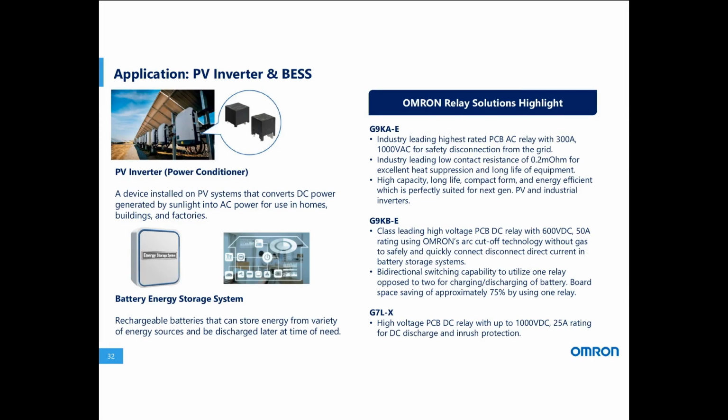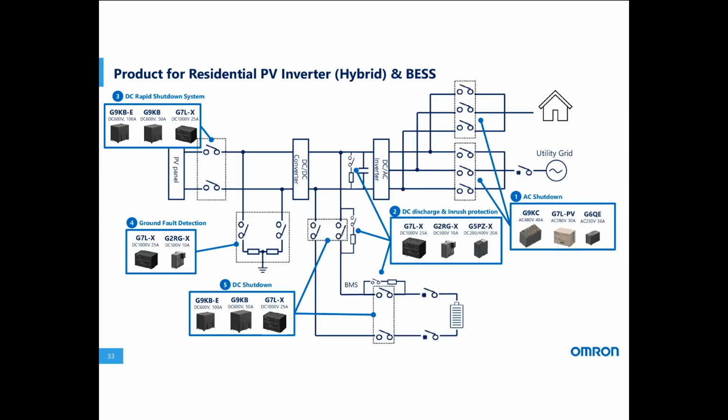And to go into a little bit more, here I'd just like to show this is just one example of the many different types of configurations for PV inverters and battery energy storage systems to demonstrate our solutions within these applications. So for AC on the right side here, for AC shutdown of the utility grid or home residence, utilizing our G9KC multi-pole 40 amp 480 VAC relay, the G7L PV 30 amps 280 volts AC, or the G6QE at 36 amps 250 volts AC. For the DC discharge and DC inrush protection, similar to that of the DC fast charger,